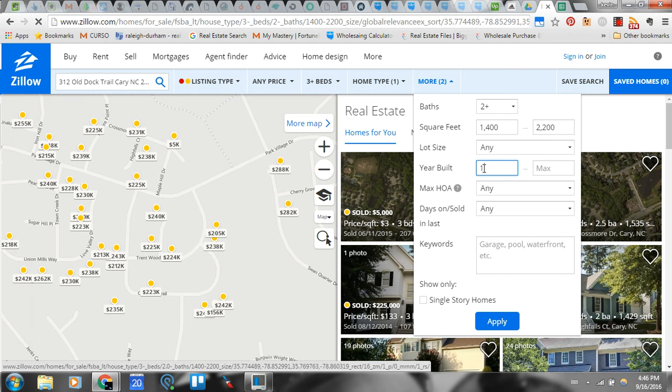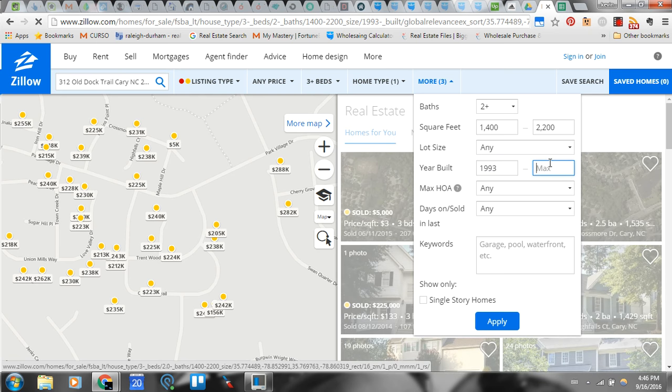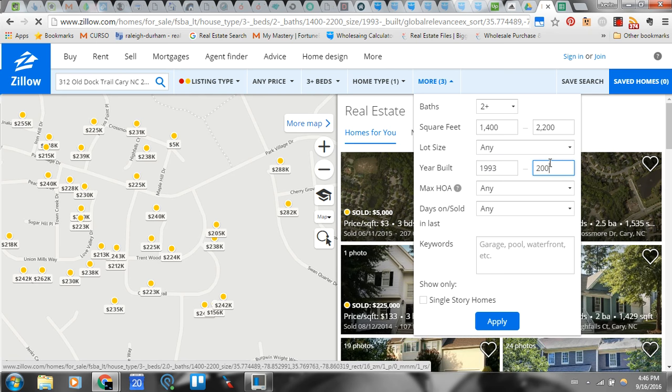So if it's a property that was built in 1997, I'm going to look at comps from 1993 to 2001. Those are going to be my comps. So you can see the list is getting a little bit smaller. That's good. And right here, this is the most important thing you're going to look at on this whole screen: